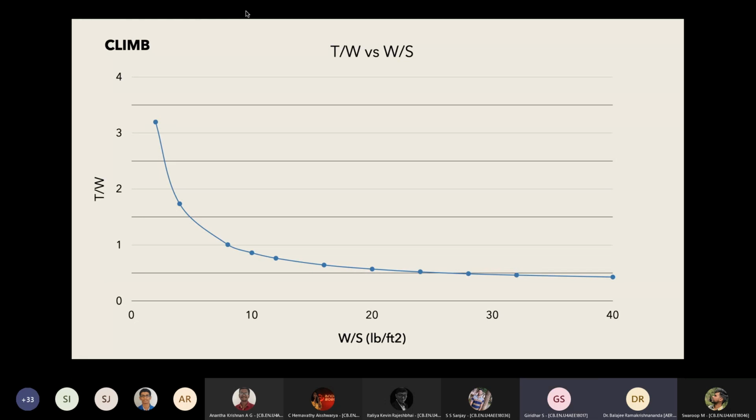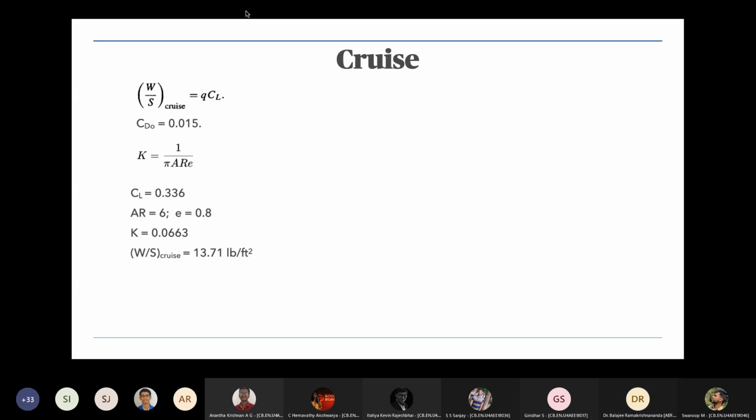Yes, sir. For 600, it will go above, sir. Yeah, so that is the feasible region. Okay. If it is more than this, you're okay with it. So you can actually plot these two just to get an idea where it will increase, where it will decrease. Okay, sir. Okay. Continue, please. And this is the cruise.